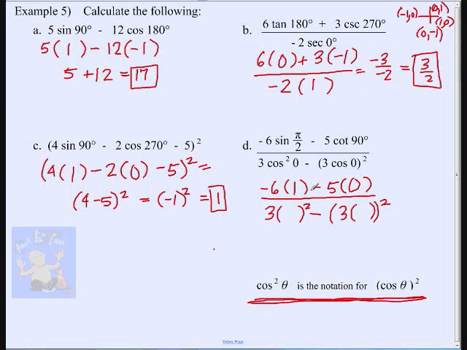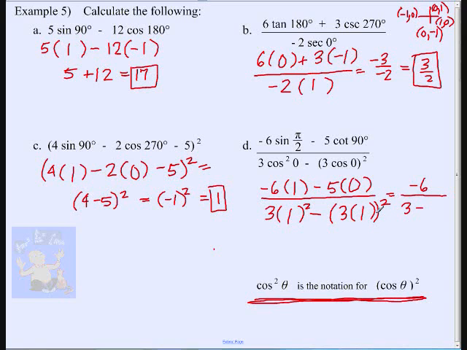Now we have to know what the cosine of 0 is. It's 1 over 1. So here we put it in 2 places. Now we can start to simplify. This will be a 0 we're subtracting, so negative 6 in my numerator. And down here I've got 3